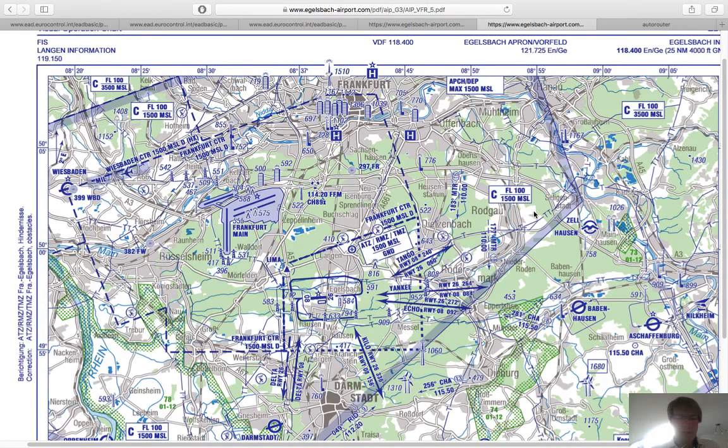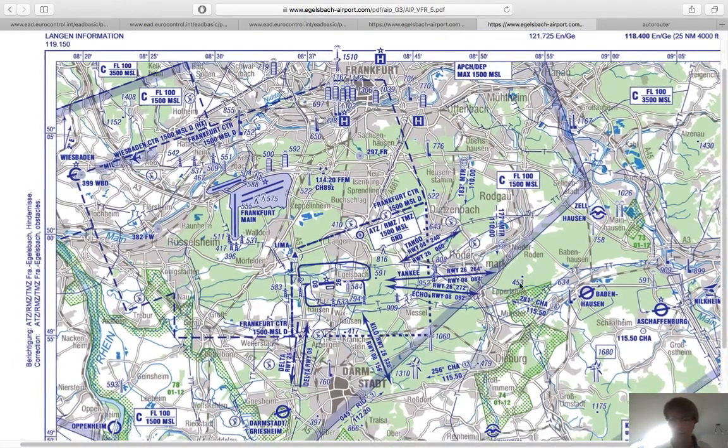It's a little different with the European instrument rating. I have to do the renewal every year, no matter how many approaches I have flown in that time. So, in order to renew the instrument rating, what we did last week is I flew from Egelsbach, which is my home airport, to Schwäbisch Hall,